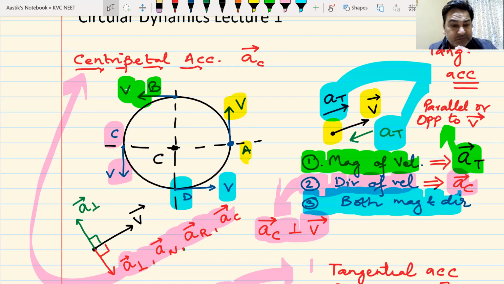So changing the magnitude of velocity is the job of tangential acceleration, whereas centripetal acceleration, or normal acceleration, or radial acceleration, let me tell you why it has got different names. It is known as normal acceleration, A_N, because